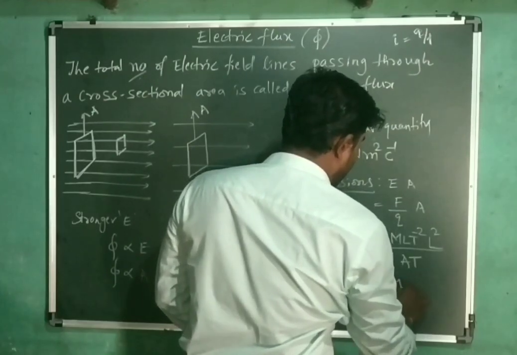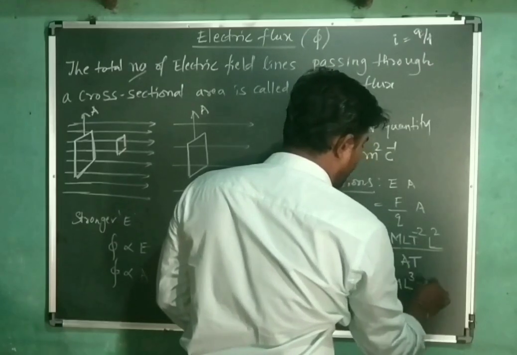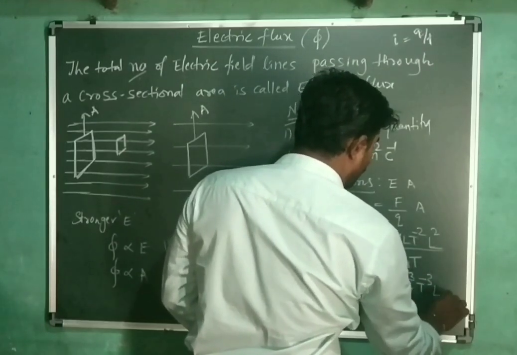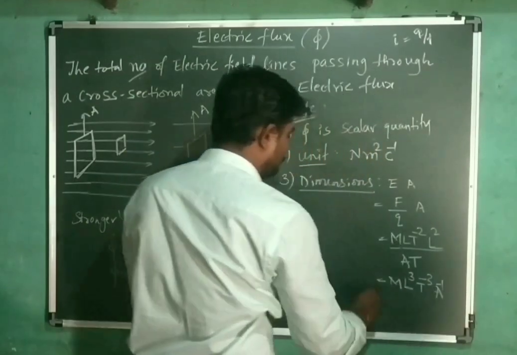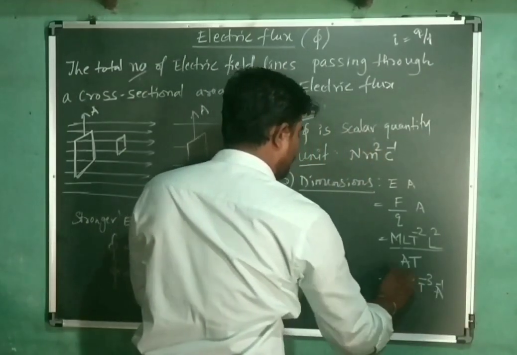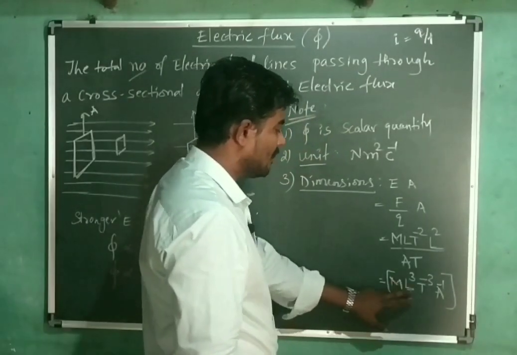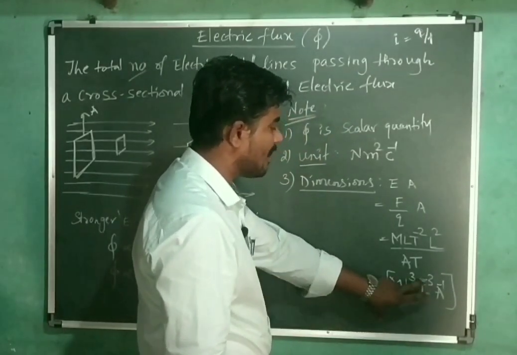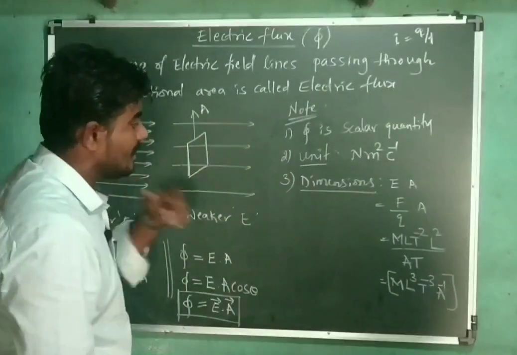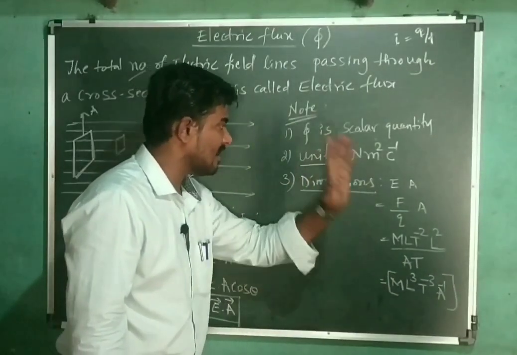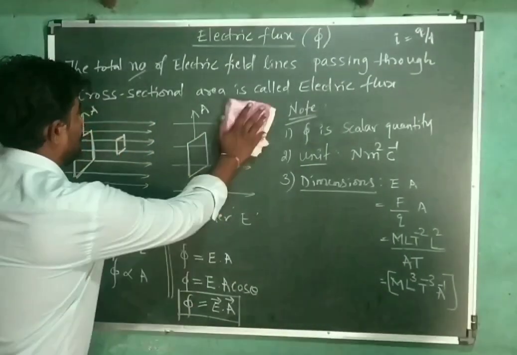Therefore, it is M L cube T to the power minus 2 minus 1 minus 3, and A to the power minus 1. This is the dimension: M to the power 1, L to the power 3, T to the power minus 3, A to the power minus 1. Okay, these are the dimensions of electric flux. So one more important point,